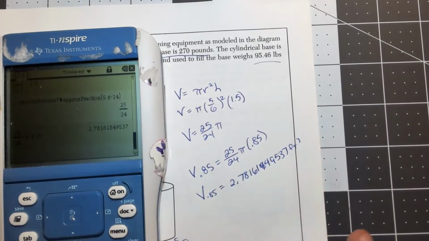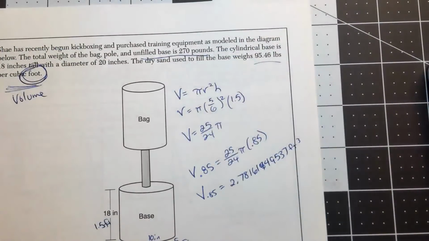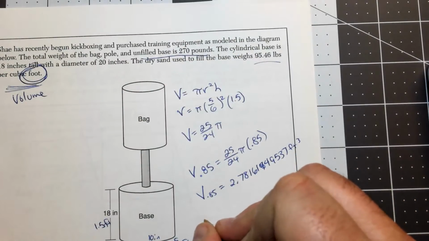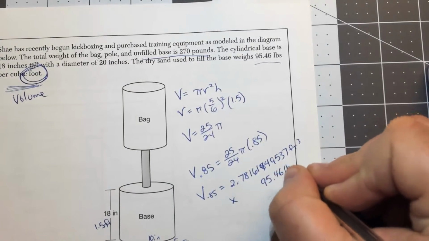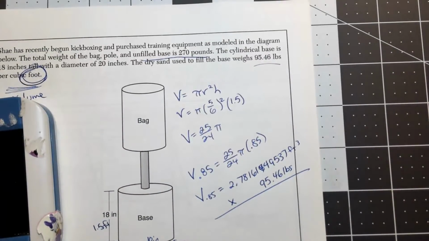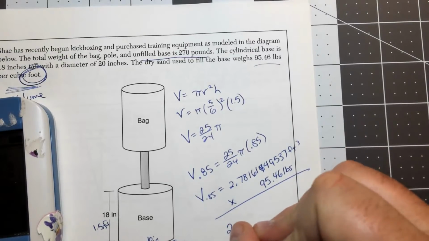All right. What we're going to do next is, remember, multiply this times 95.46 pounds, and this will be pounds per cubic foot. All right. And here we go. So times 95.46. Every time I get 1 cubic foot, I get 95.46 pounds. So we just multiply, and we get